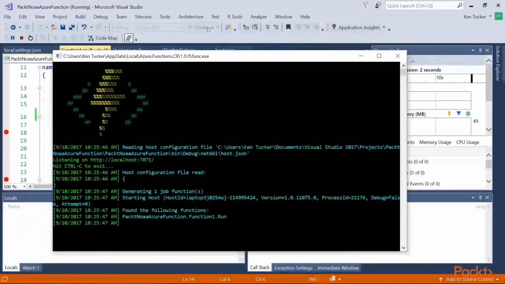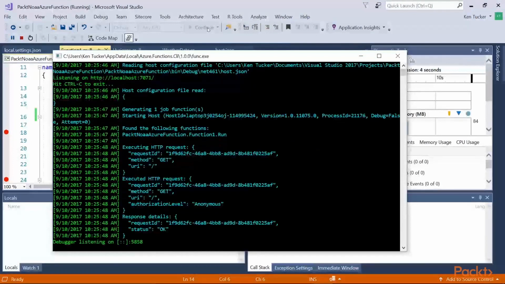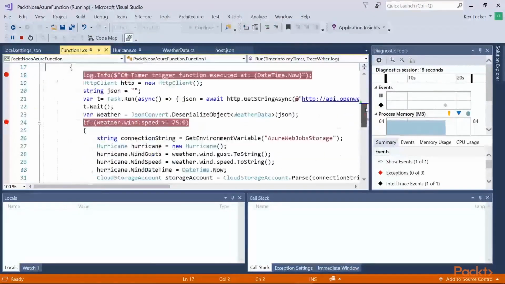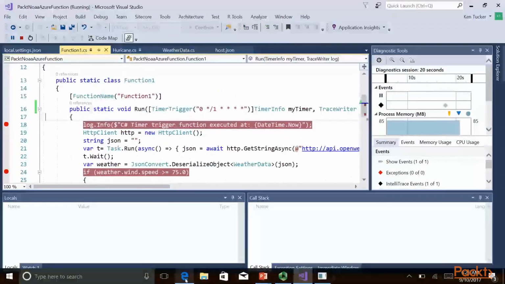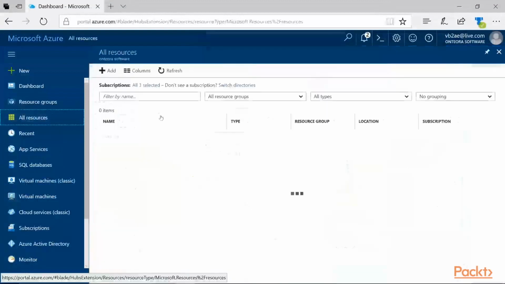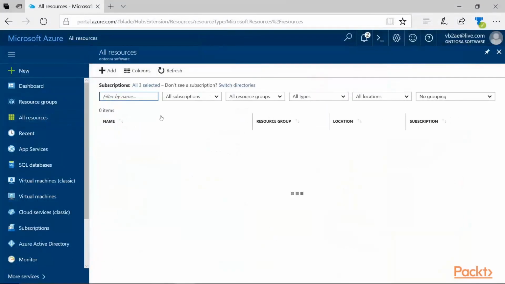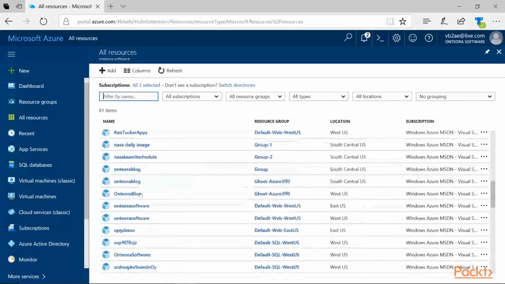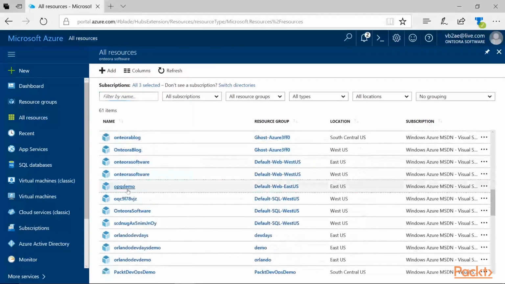Here's my little function. Just going to show it's running. It says the debugger's listening. My breakpoint should hit shortly. Okay, let's see. While we're waiting for the breakpoint to hit, because this is also running up in the cloud right now, I'm going to wait for my storage account to pop up. I used the one I created earlier for a previous demo, and